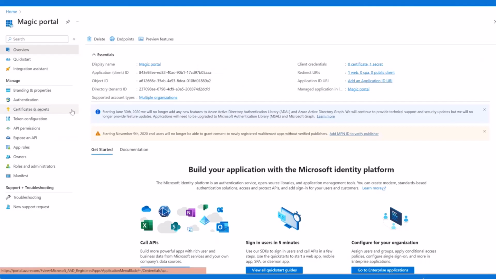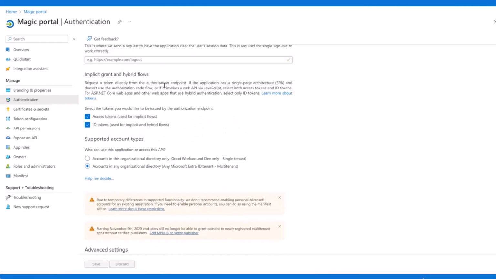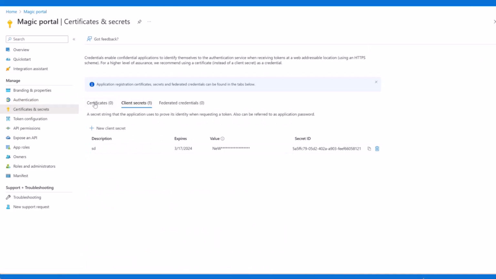So, certificates and secrets. Let's talk a bit about them. Up until now, we haven't needed any secrets at all. We have signed in with the so-called implicit flow, where under authentication here, you will see that these are also called public flows, meaning that they work fine for public pages like jwt.ms. But we have many other use cases. Many people have seen this certificates and secrets, and this is crucial when working with app registrations. So let's first talk about